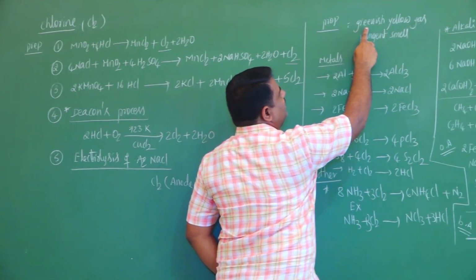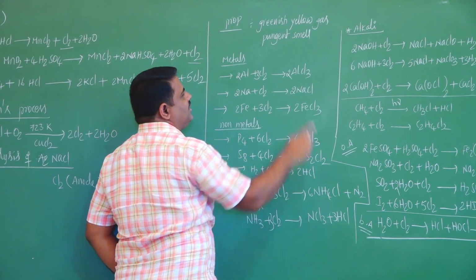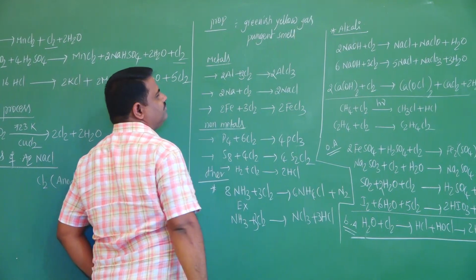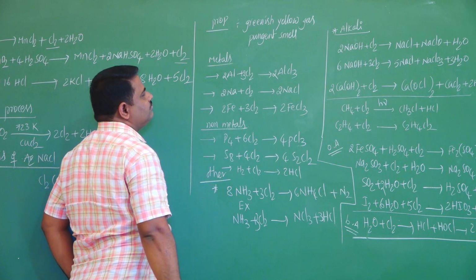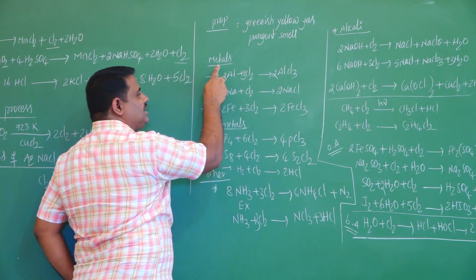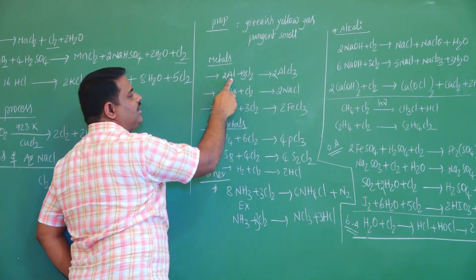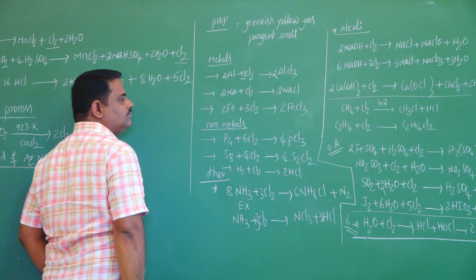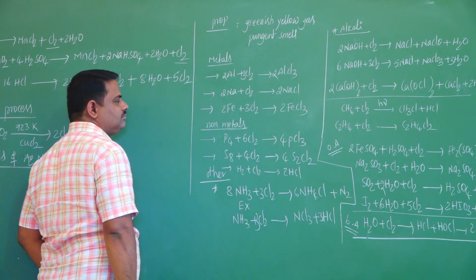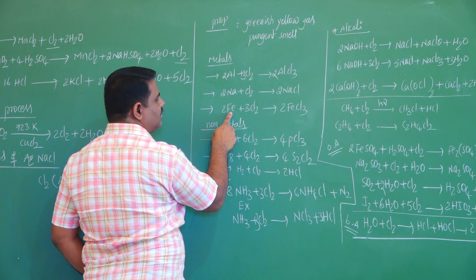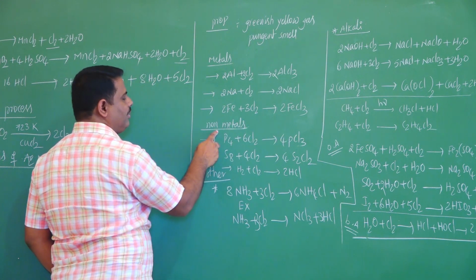Chlorine is a greenish yellow colored gas and it has a pungent smell. Now some chemical reactions. When it reacts with metals like aluminium, it gives aluminium chloride; sodium, sodium chloride; iron, ferric chloride. With non-metals,